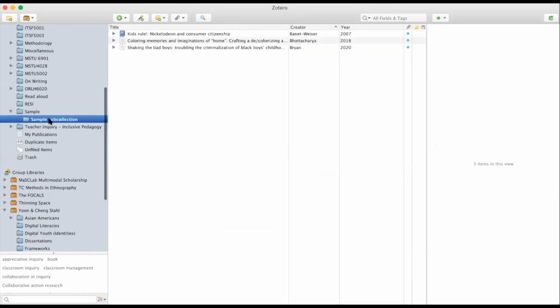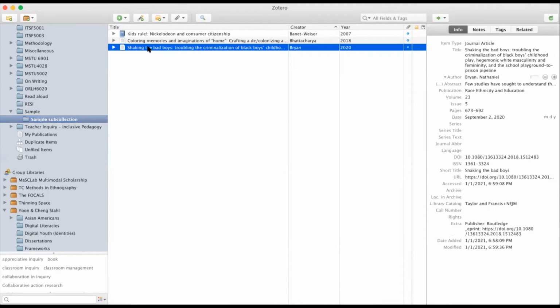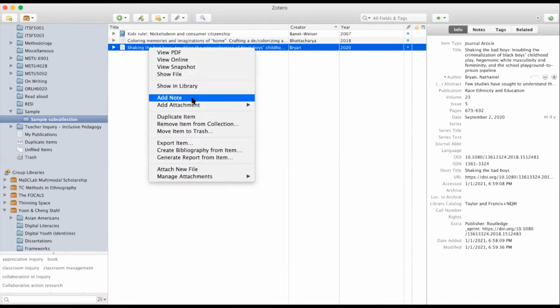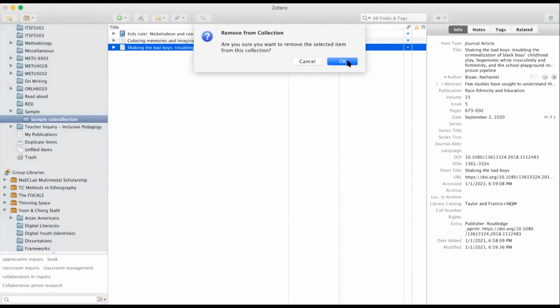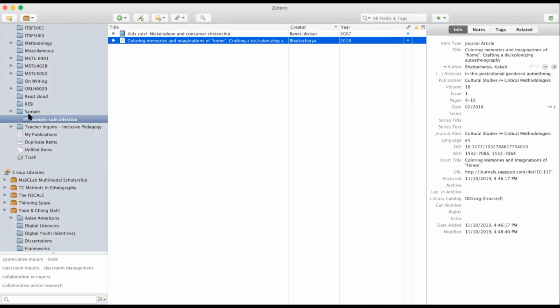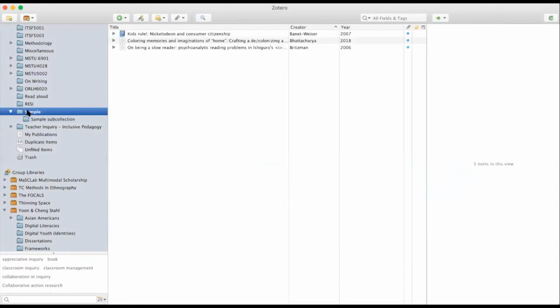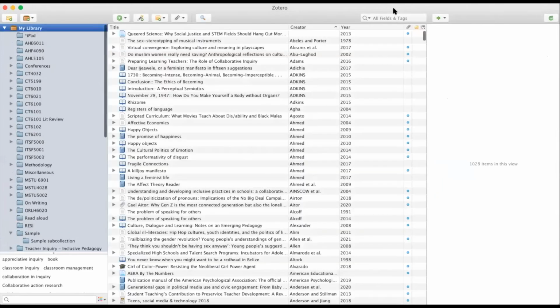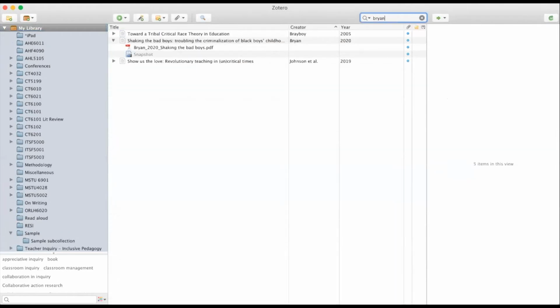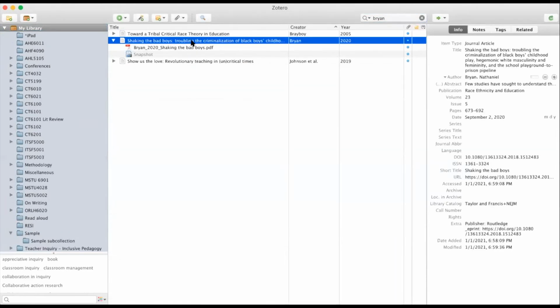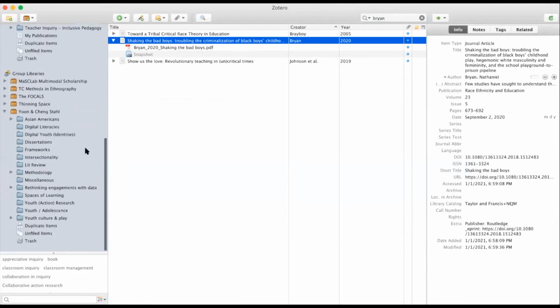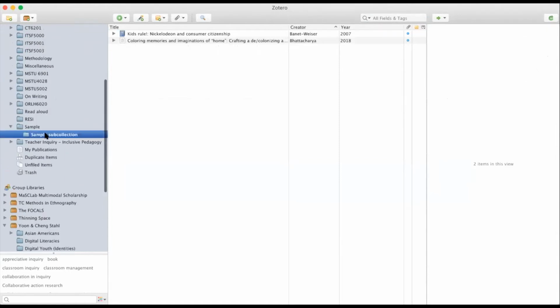So let's say that I made a mistake and I actually don't want this one there. So I can say remove item from collection, right? So it disappears. But if I go back to my main library and I type in Brian, right? So that was the article. It's still within my library. So all it did was remove it from that collection, okay? If I go back to my sample sub-collection